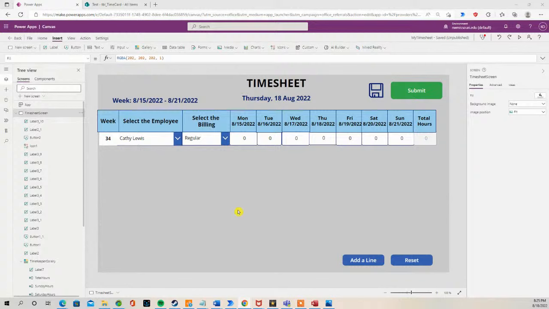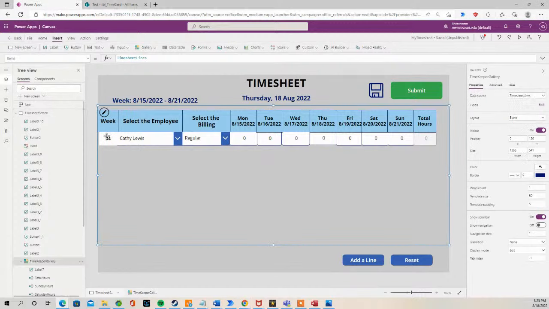So you can see where we left off last time. We've got the current date, which is Thursday, August 18th, 2022. We have the week number, which is 34. We have